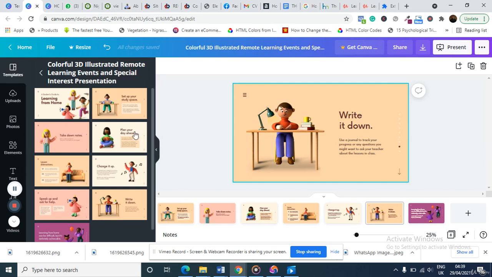Now okay, we want to add a fresh text that is not here originally. What you can do is